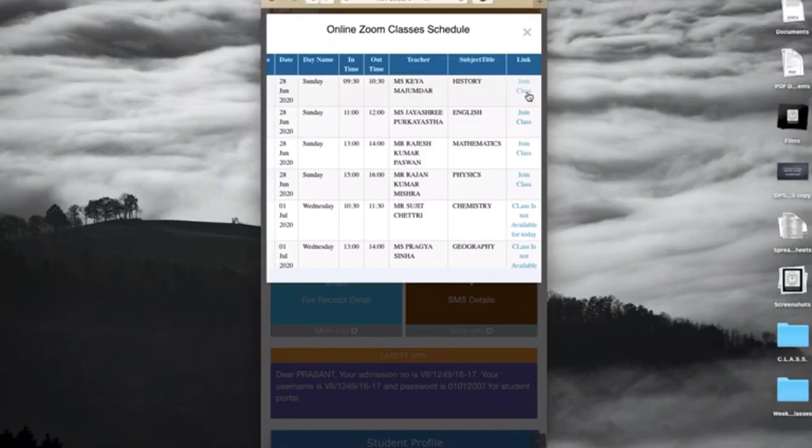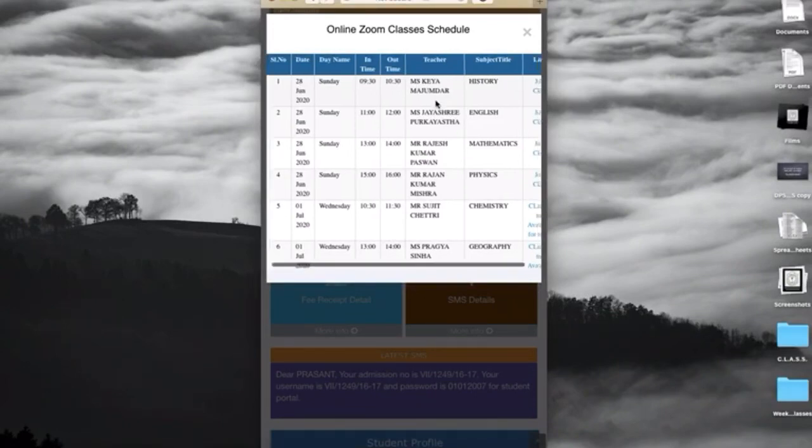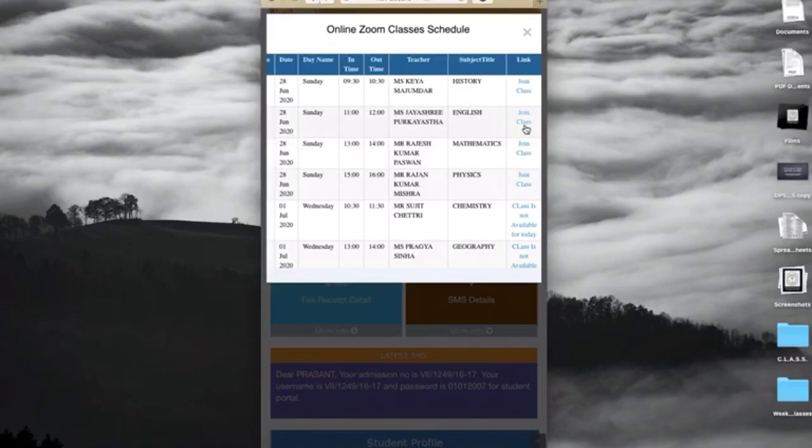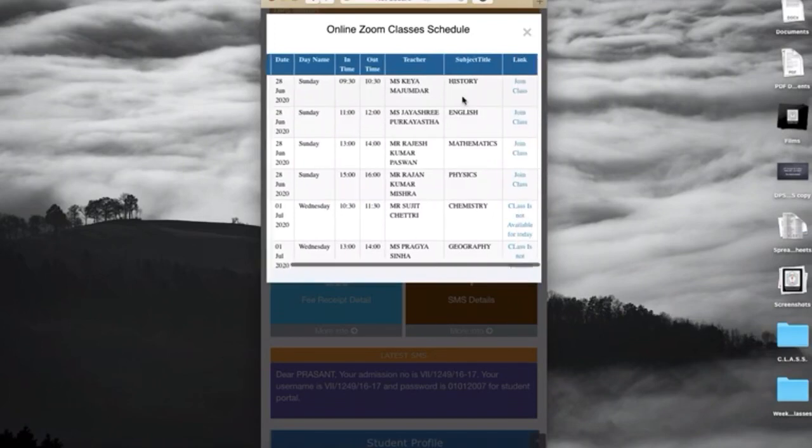From tomorrow onwards, as I said, you would have received the weekly schedule of classes on your app, and it is there on your student online portal as well, so you can access it from there. You know which class you have on which day, and referring to that, you can come to the online portal and join the live classes using this particular link. Please ensure that you join the class which is scheduled at that time, because tomorrow is Monday and at 10 o'clock morning you have the class. You click on that link only. If you click on any other link, it will not open the class. So please check the time, the day, the date and the subject, and then you can join the class.